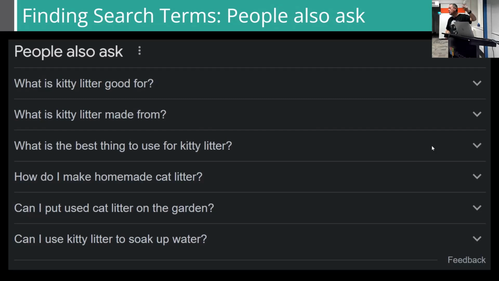Also further down the page in Google is "People also ask." This is absolute gold. So this is Google telling you what people are searching in addition to what you've already typed in. So I'd be doing this for each cycle. So type in kitty litter. I've got kitty litter box versus whatever it was, tray. I would type that in and come back to here to see what else people are chatting about or searching about within that particular topic.